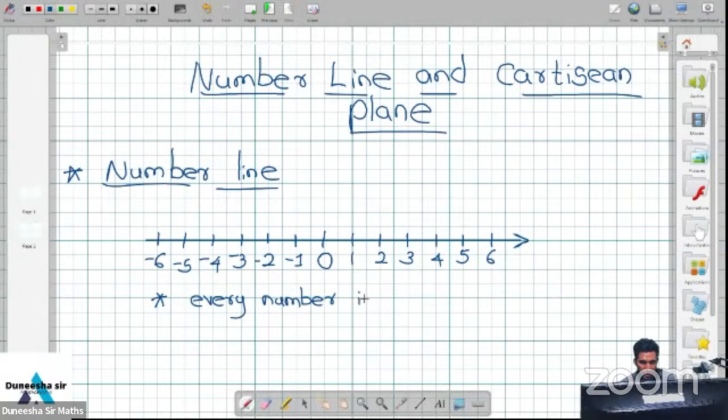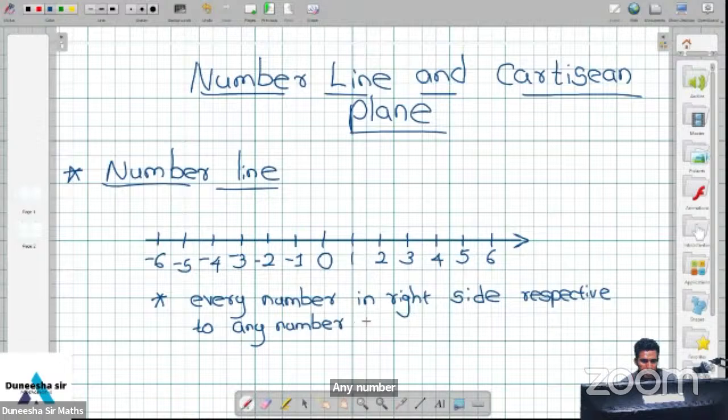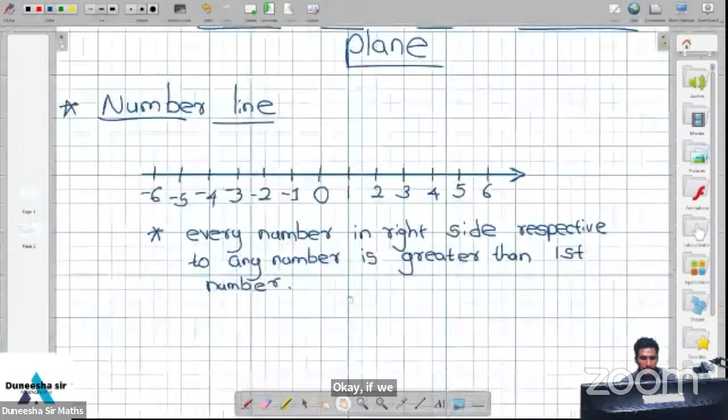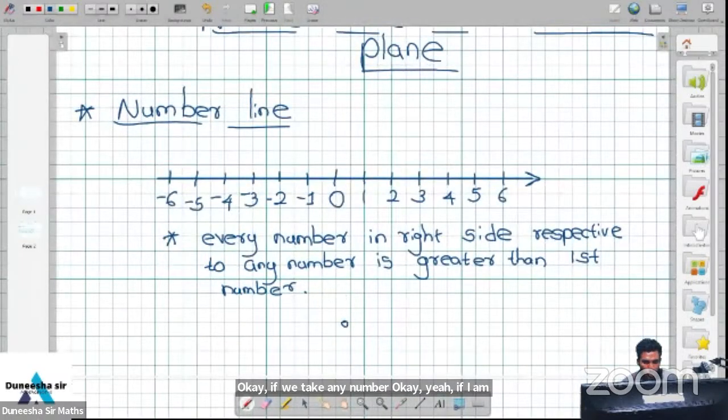Every number in right side respective to any number is greater. Okay. If we take any number, if I am taking 2, it's +2. If I am taking +2, where is the +2? Here. Okay. Then what are the numbers at the right side of the